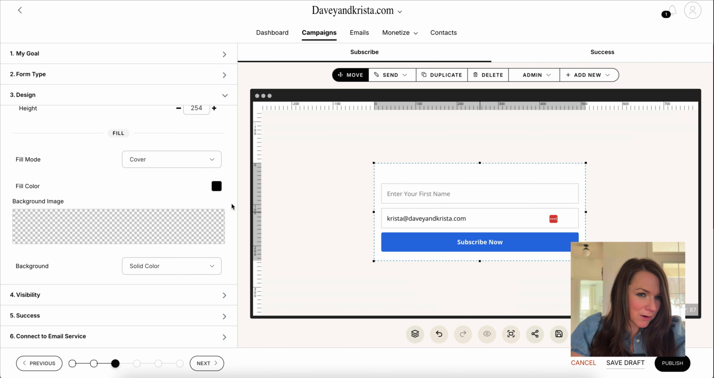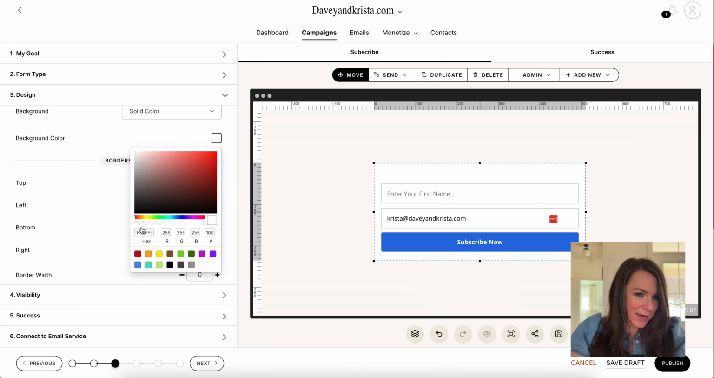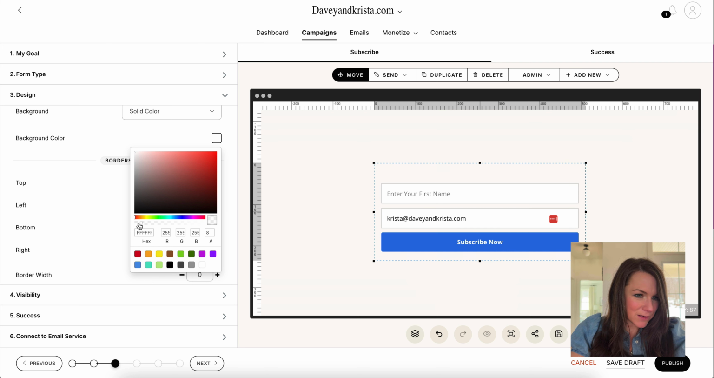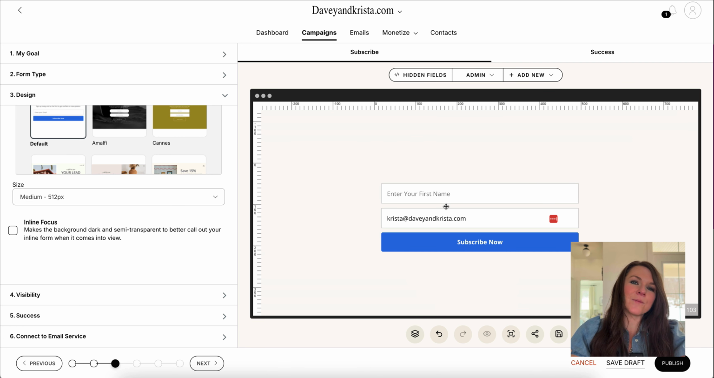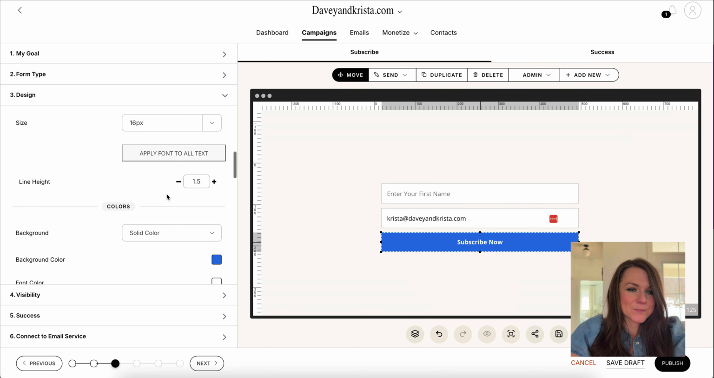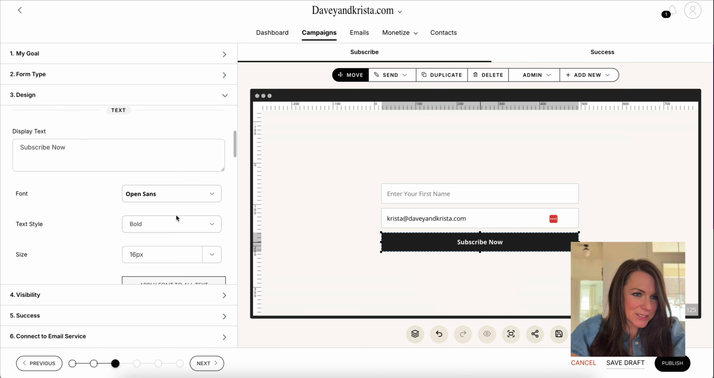If I didn't want to have a background color on this form, I could remove that here. So we could make it transparent by adjusting this alpha number right here. I can make that 0, and that will make the form pull in my background color instead of pulling in its own background color. I can also change this little spot right here to be a different color. So if I wanted to do a black color, and then I can change the text within the button